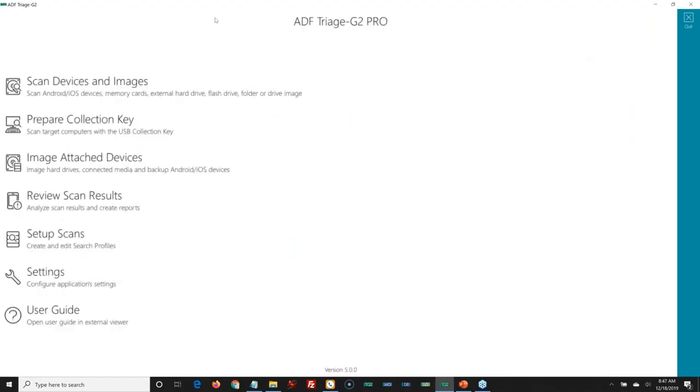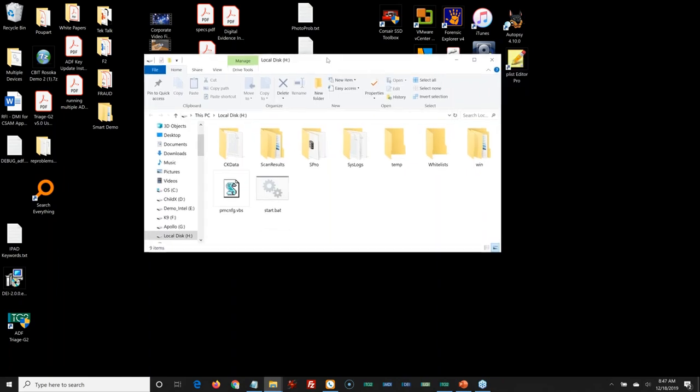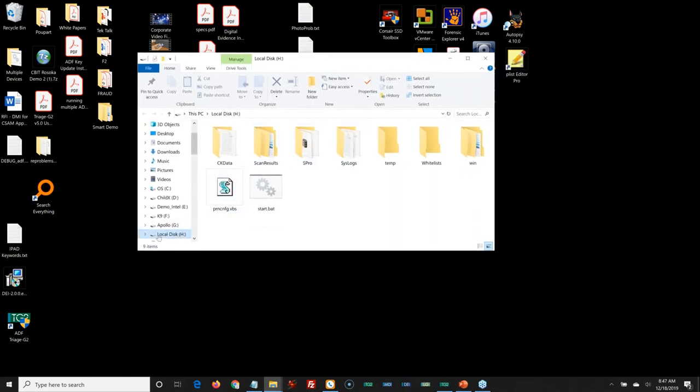So with that, when we go out into the field, I am now going to minimize here and plug this in. Now you can see a desktop. I'm going to plug that USB device in that was prepared, that collection key, and Windows Explorer shows up. So this is the collection key. You can see we had it set for stealth mode, so it doesn't say collection key or anything that points back to our tool. It just says local disk. On there is a start.bat.